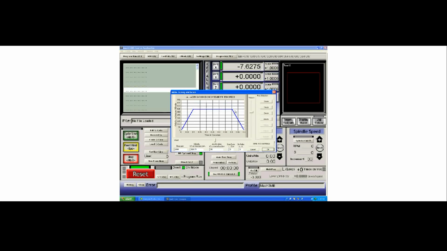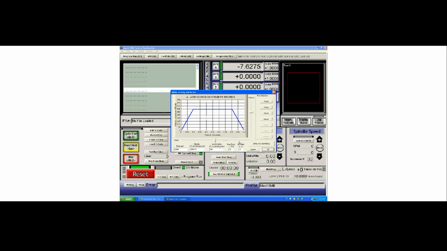Once all your speeds are set, you can exit this screen. The only other thing that I'll mention on this screen is step pulse and direction pulse width. These are the widths of your step and direction pulses. They're actually additions to the width. Step and direction pulses are typically approximately 1 to 2 microseconds long by default, and that's long enough for the